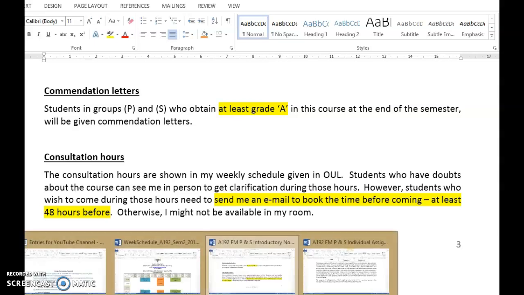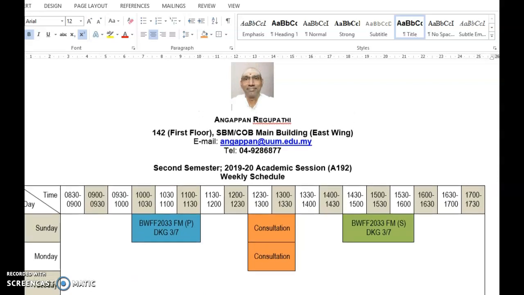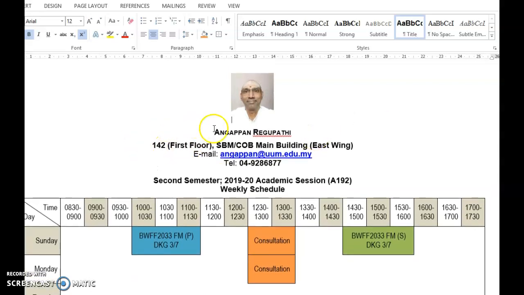So the consultation document is also available here. This is available in UUM online learning. It gives my name here, my full name, and then my room number, 142, first floor, School of Business Management, SBM building, or COB, College of Business main building on the east wing. This is my email and this is my phone number. Yeah, and this gives you my